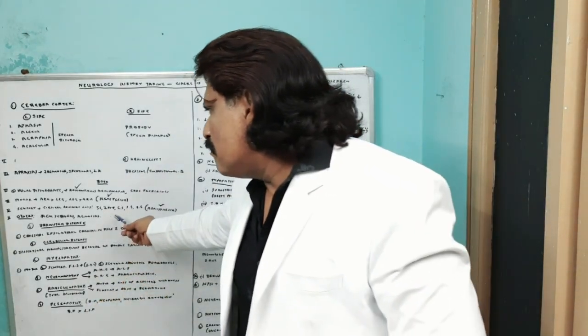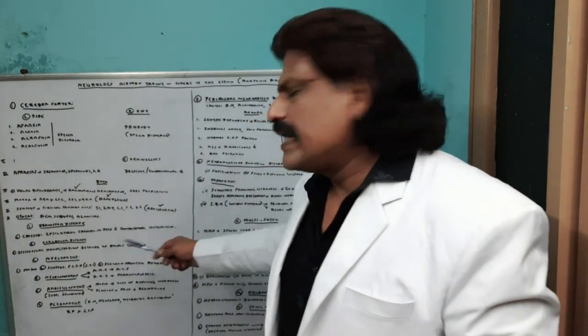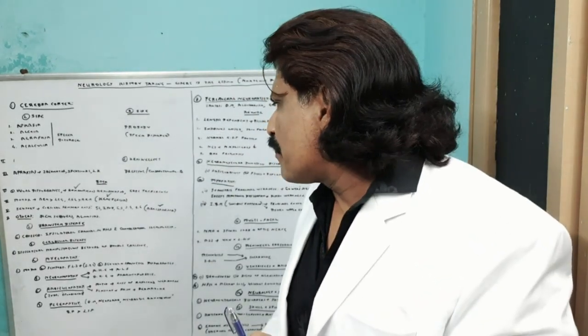So if third and fourth cranial nerve palsies are on one side and hemiplegia is on the opposite side, it's a midbrain lesion. If 5, 6, 7, 8 cranial nerves are affected on one side, for example the left side, and hemiplegia on the opposite side, for example the right side, it is a pontine lesion. If 9, 10, 11, 12 cranial nerves are affected on one side and hemiplegia on the opposite side, the lesion is in the medulla oblongata. So ipsilateral cranial nerve palsy with contralateral hemiplegia means the lesion has to be in the brainstem.